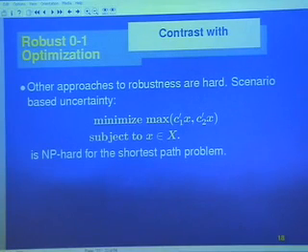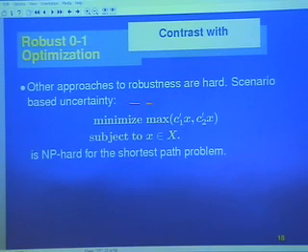Let me tell you why. Here's a very similar notion of robustness. Suppose you have two objectives. Let's say you solve the shortest path problem, but you have two objectives. One objective might be time, and the other objective might be distance. And you would like to find a solution, you have to adjust the units, that minimizes the maximum of the two objectives. That's a hard problem. Even though shortest path with one objective is an easy problem, shortest path with this robustness characteristic, that you are good both in one objective and the other objective, is a very hard problem.